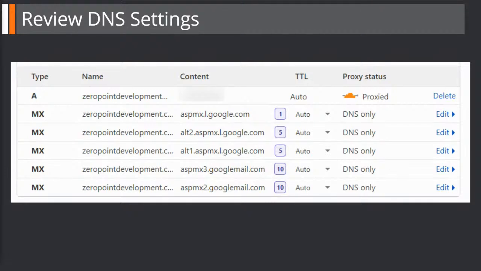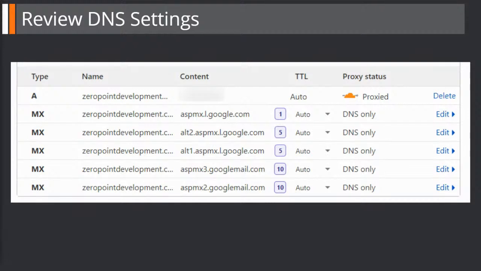Now here, I ran my website again through a different account just so I get all these set up pages. But again, it's found these records from my DNS, so that's zeropointdevelopment.com. So it's got one A record, and the A record points to the IP address of web servers. So I've got rid of my IP address here for those. And then it's got a whole bunch of MX. Those are mail records, and that's from my